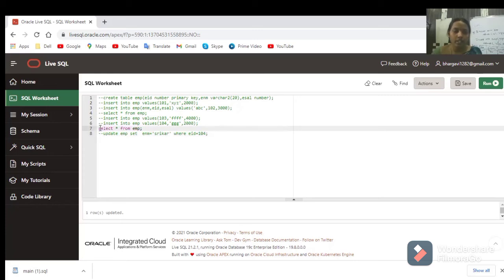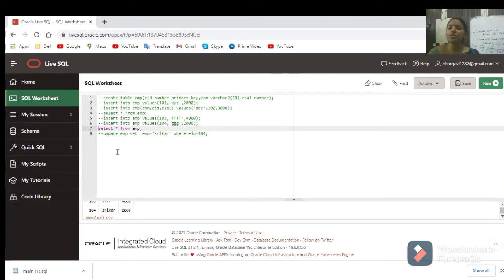Now I'm taking this from the comment section. So this statement is going to be executed. Say run. If you run, 104's name should be Shrikar. So look here. Now what is the name you have here? Shrikar. That means GGG is updated as what? Shrikar. Clear now? What is the update command?